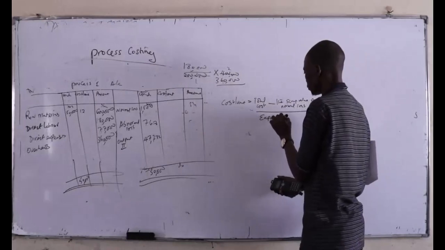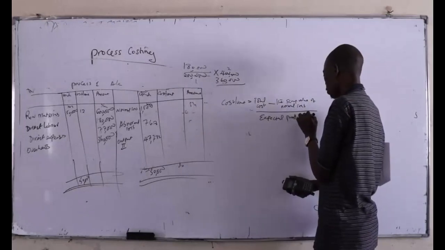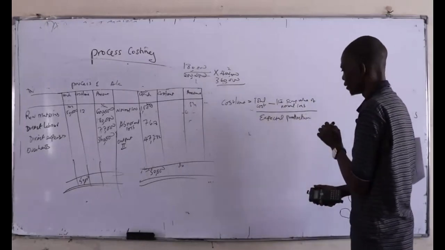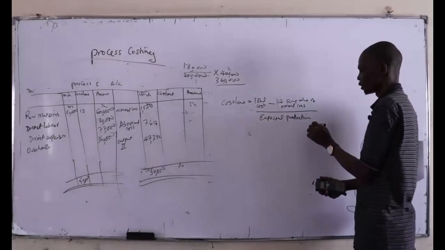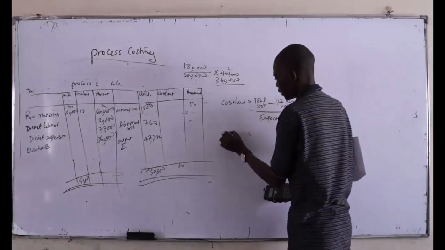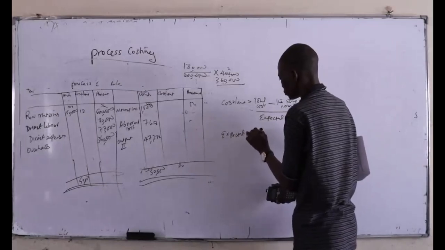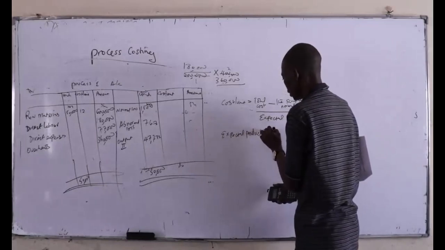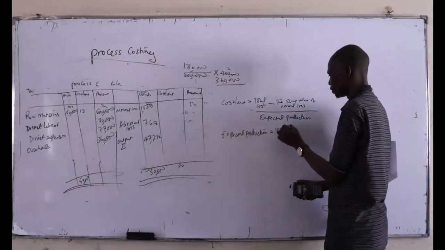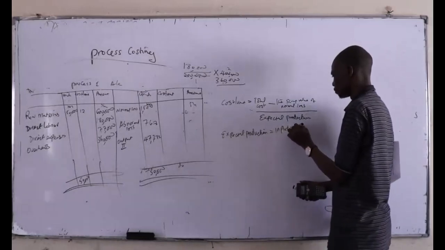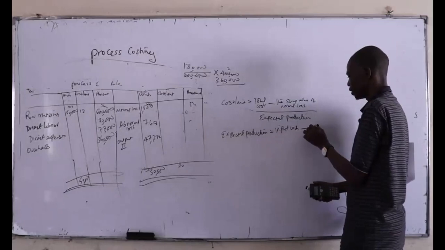How many units did you expect to obtain? So expected production is simply the input units minus the normal loss